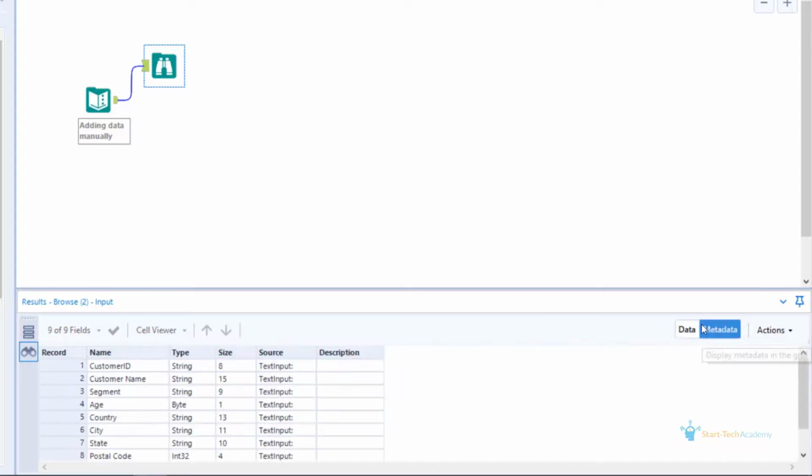In the metadata tab, you will see information about all the variables that are present in the previous step. So customer ID is a string type of variable with a size of 8, and the source for this is the text input step, which is the previous step. So this is the information about the data coming from the previous step.